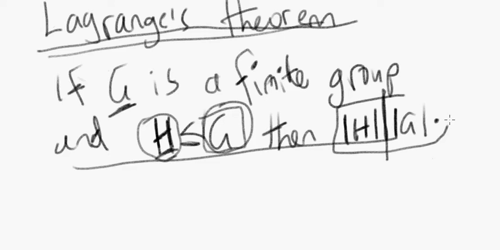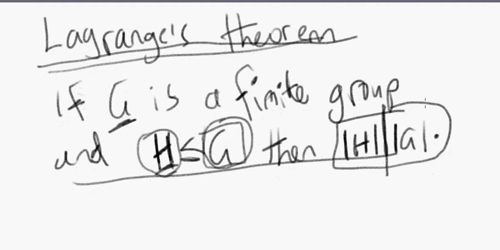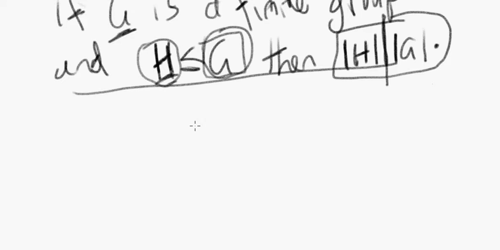So our job in this series of videos is to investigate whether it is indeed true that the order of every subgroup must divide the order of the group. So how would we determine such a thing? One way to think about it is we'll say, okay, well,